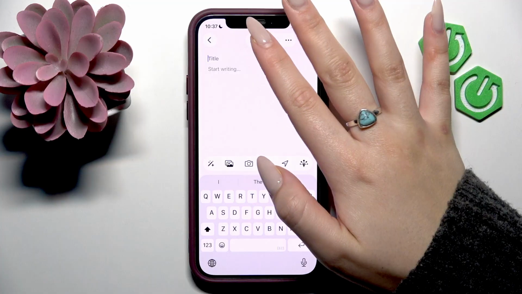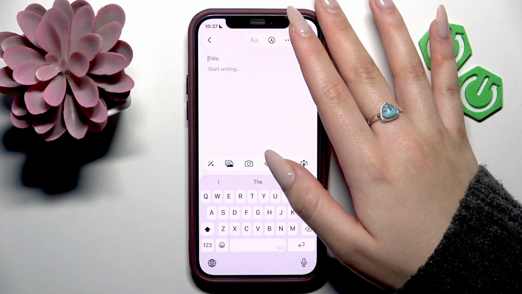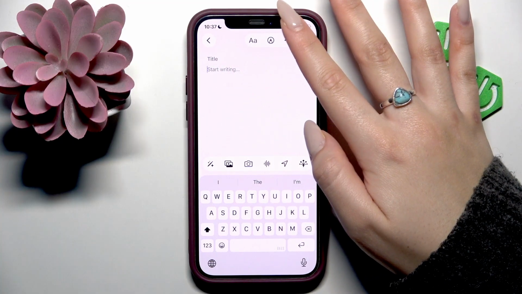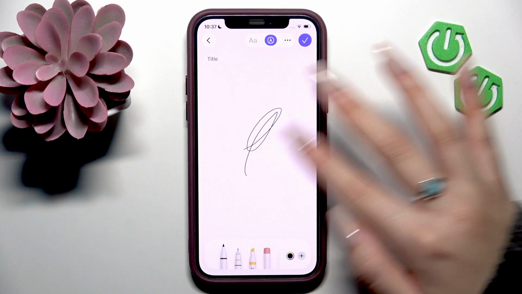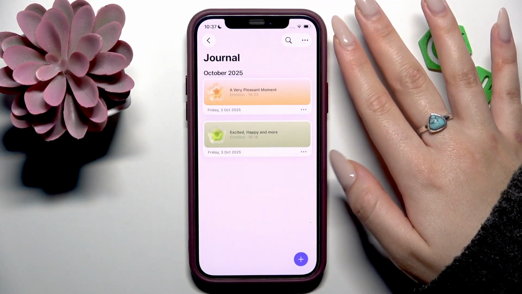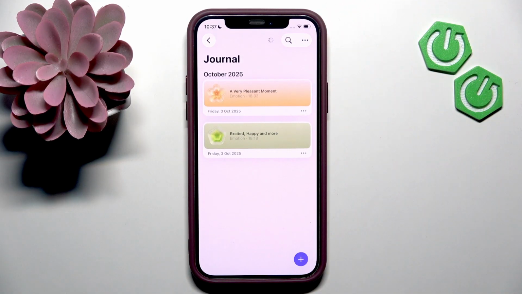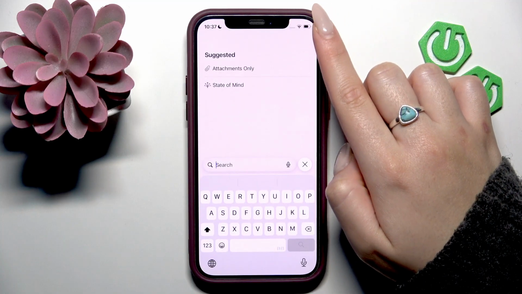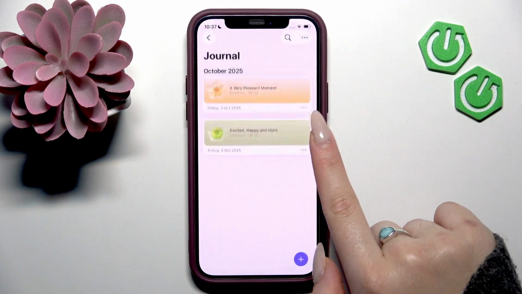So you can give your journal entry a title, and here you can start writing. Additionally, here you can draw something like this. Okay, and what else? You can use this searching button in the top right in order to find your entry,